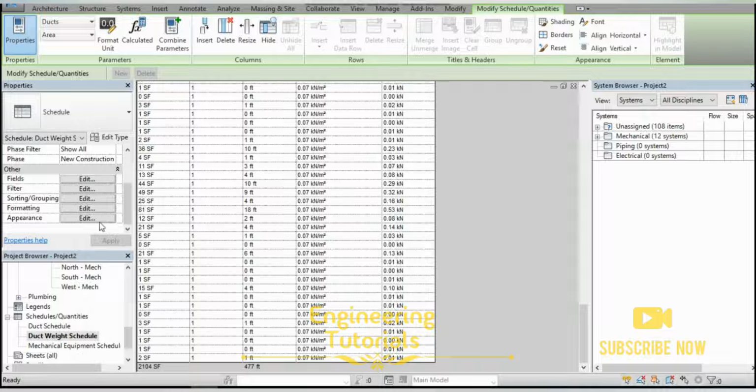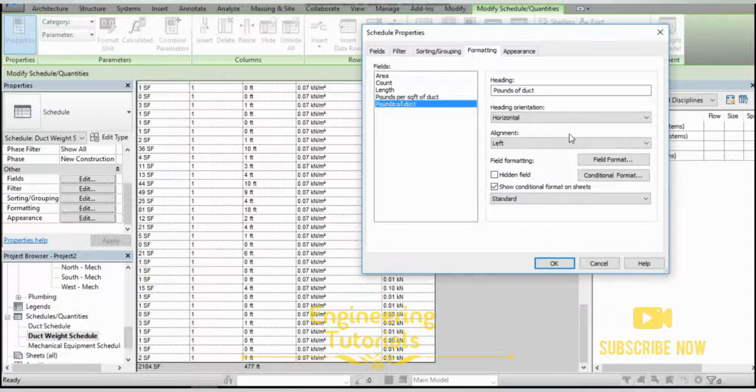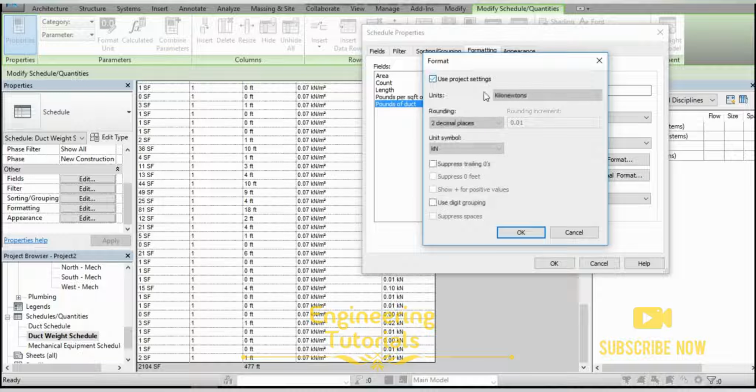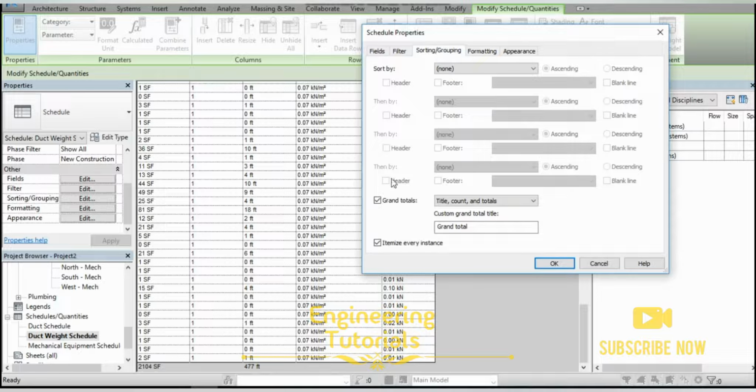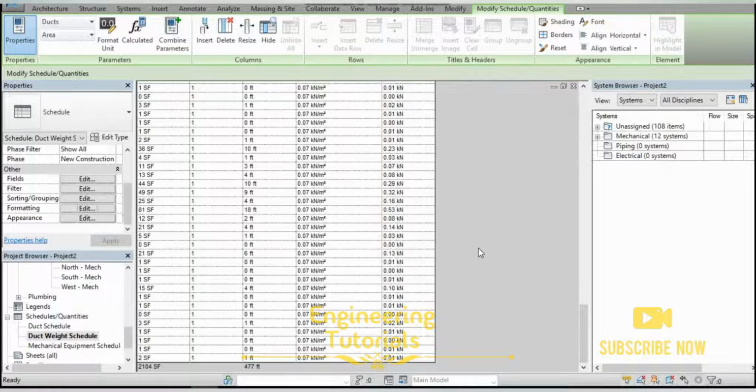Now you can see I need to add one more thing over here for formatting. Go to pounds of duct, field format, instead of project unit I want it in pounds, use LB. Okay, check grand total from sorting grouping. Okay, hit okay. Now you can tell the structural engineer that